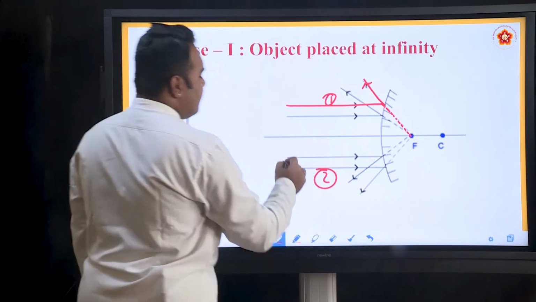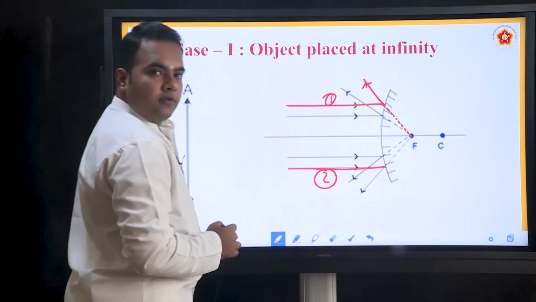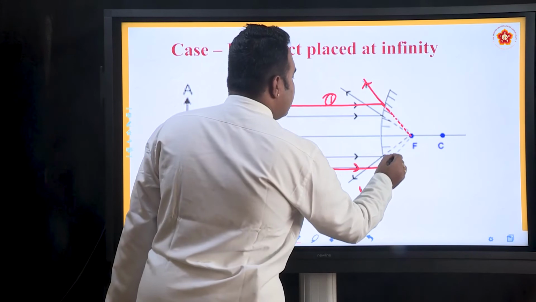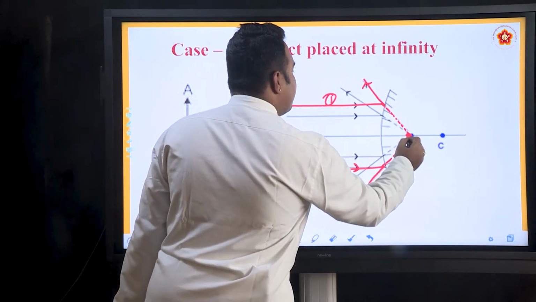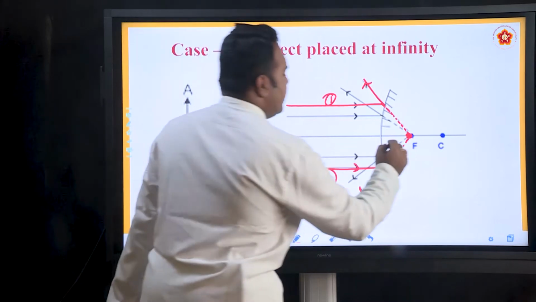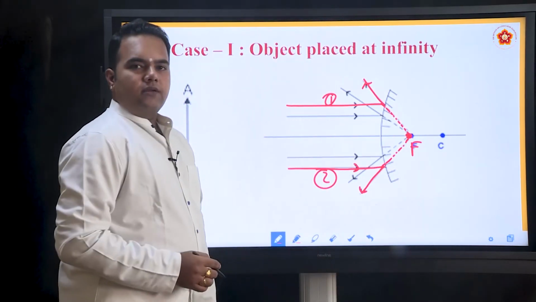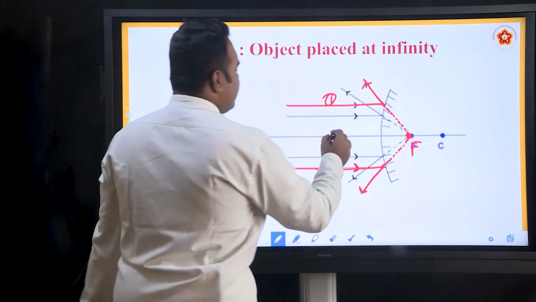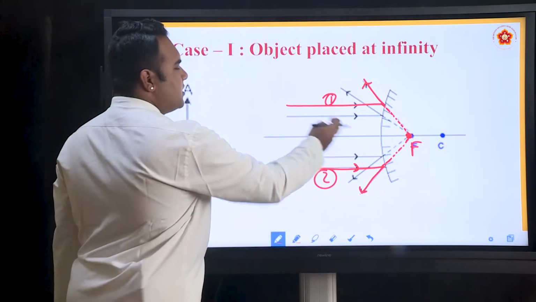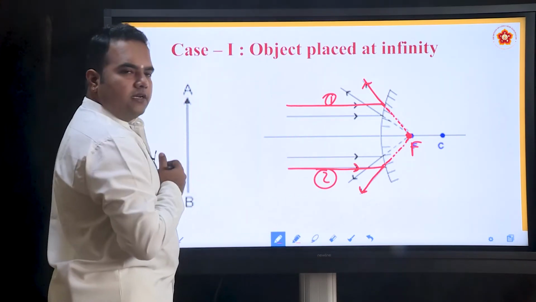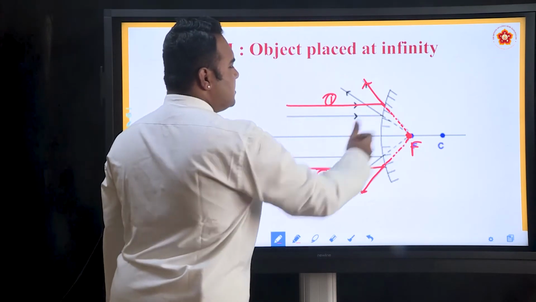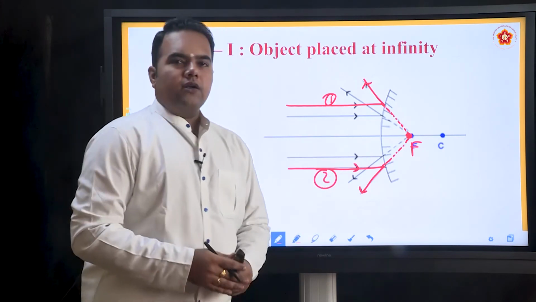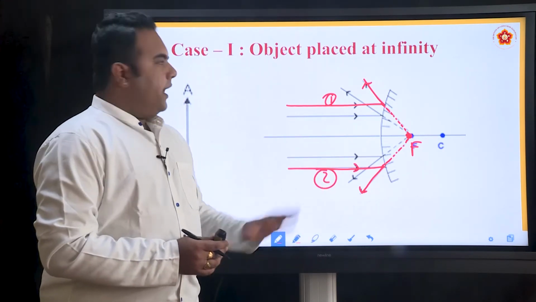So, parallel rays of light that are coming, what happens? After the reflection they are diverging, and all these parallel rays of light appear to converge at a single point, and that point is defined to be the principal focus of a convex mirror. So, for a convex mirror, on this side there are no different points. In a concave mirror we can mark the principal focus, the center of curvature, different points. So, we can keep on placing the object at different points, because in a convex mirror there is no reference point on this side of the mirror and the object is placed here.